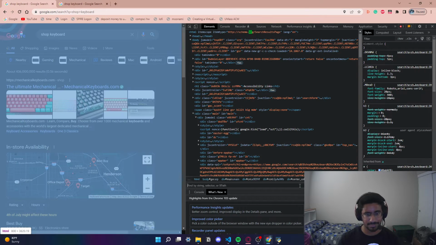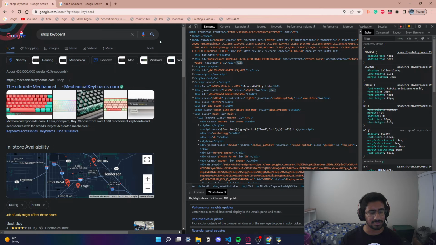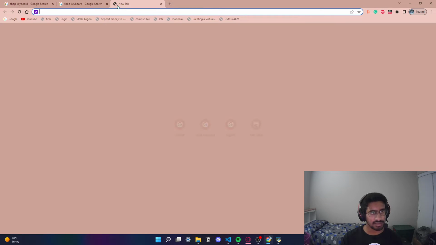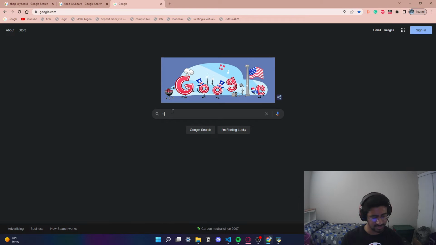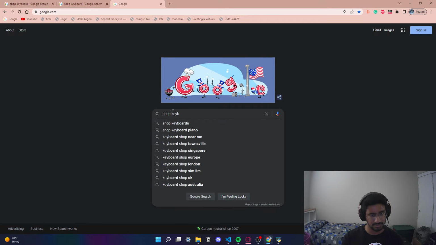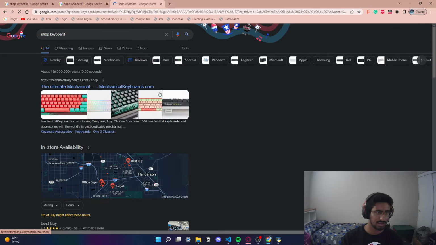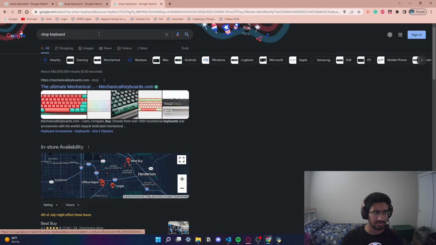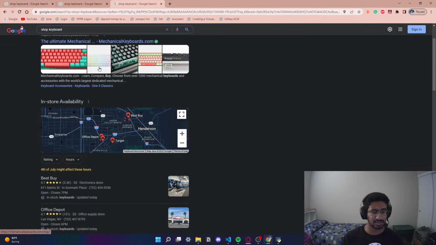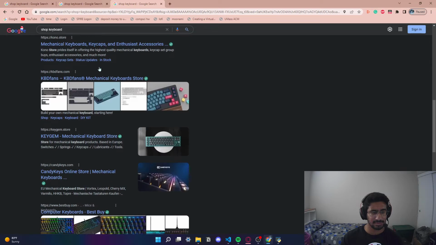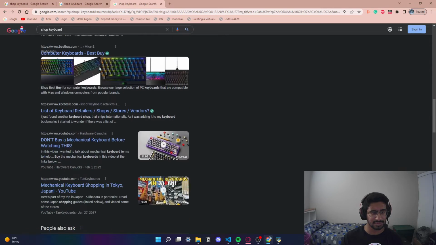Oh yeah. I think we run into an issue. If I just do search shop keyboard, that's not good. But if I go to Google, and then I put the text in here, shop keyboard, I get mechanical keyboard. That's strange. Yeah, maybe it's not the best way to do it, but